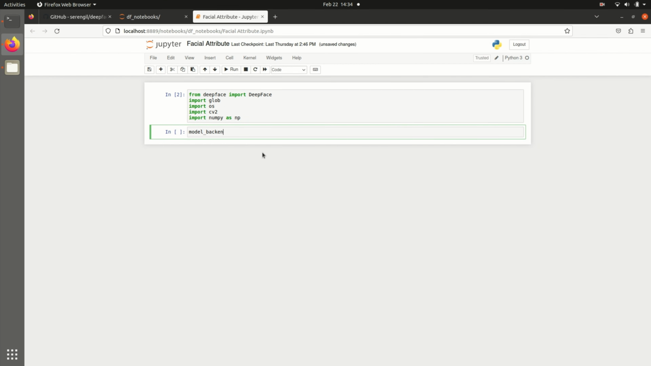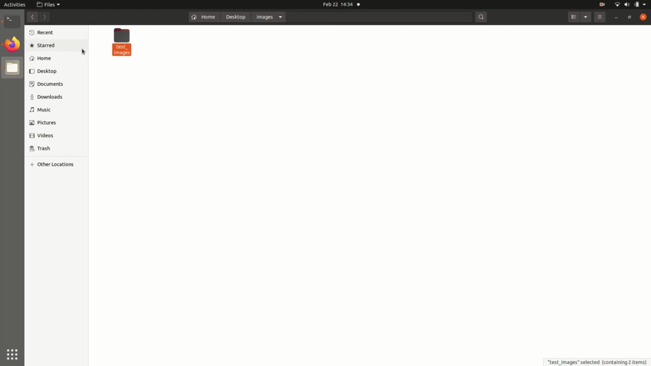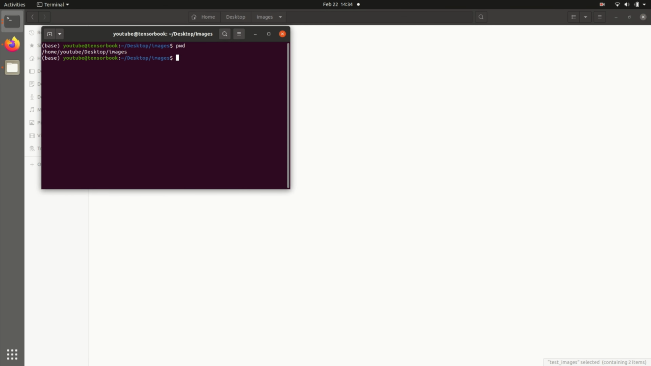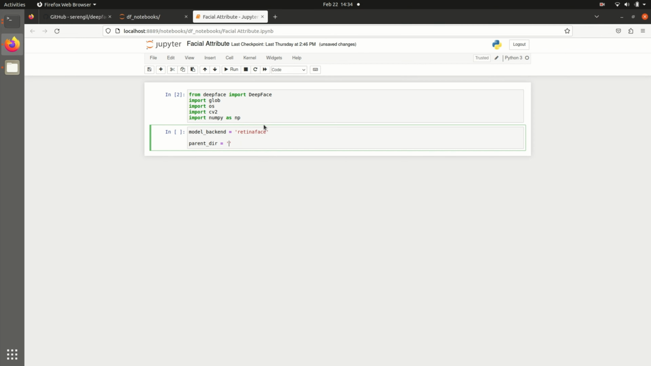So let's do one thing, let's try to run the code with retina face. So I'll pass model backend as retina face. Parent directory is our images and test images, so get it from the terminal, pass it on. Our test images directory is called test images. The destination directory,